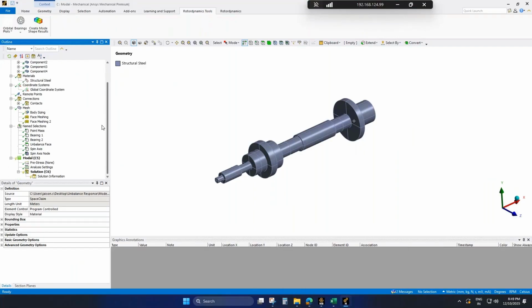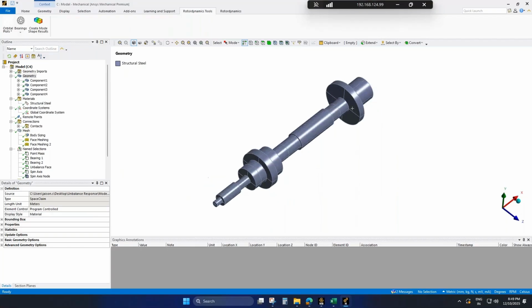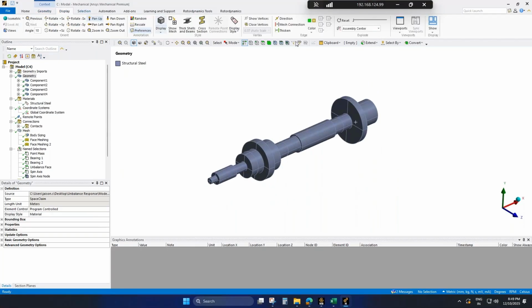Here I have the partially completed analysis. We have the rotor split along the vertical and horizontal axes. I will show you.